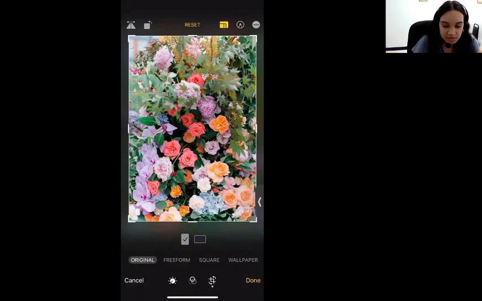Okay, so let me see. Susan said, Tabitha, how do you crop your photos yourself without that tool? So to crop it yourself,